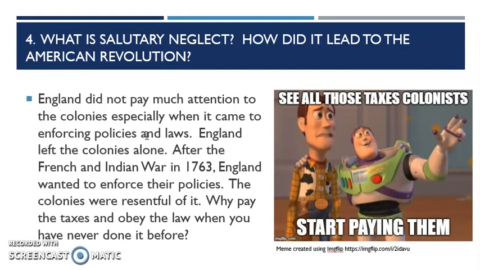So the colonists just feel like they've done everything on their own. They have created their own governments. They have their own society. They have their own economics. They don't really feel like they have to answer to the former mother country, because they don't consider England their mother country anymore. It's just this distant parent that's out there.